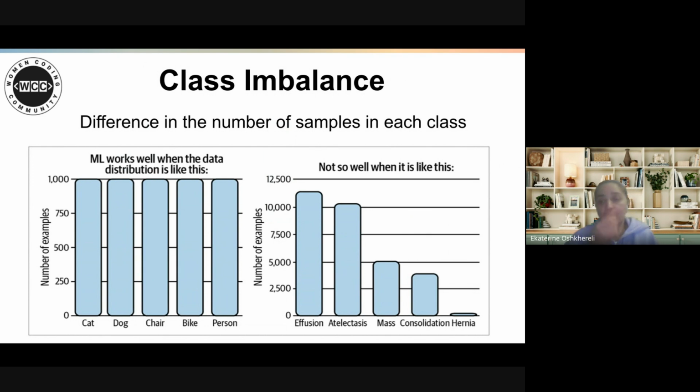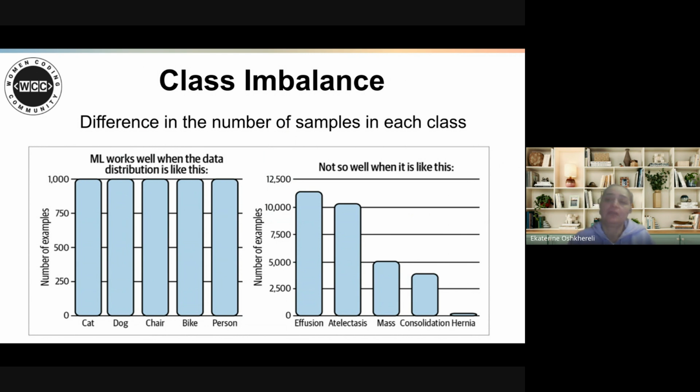One more challenge when you train on data in the real world is class imbalance. What is class imbalance? It is a difference in the number of samples in each class. Of course, machine learning works well if we have a balanced data set, which means that in a classification problem each class is evenly distributed.